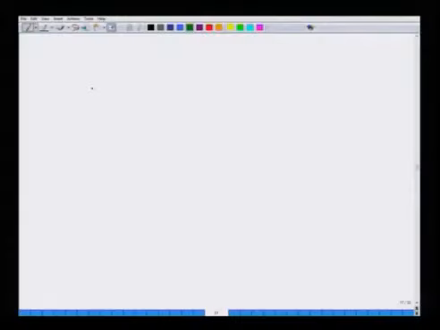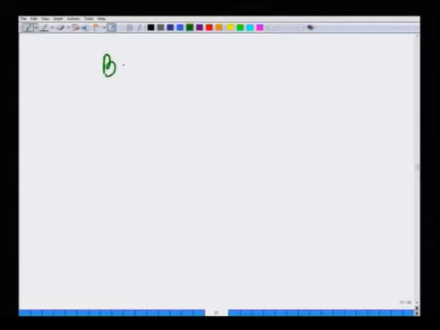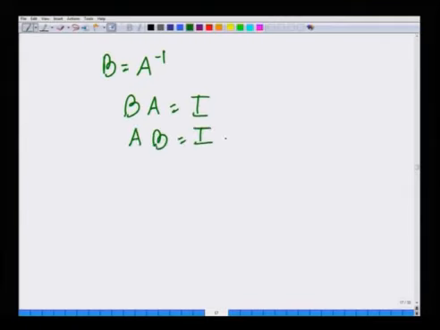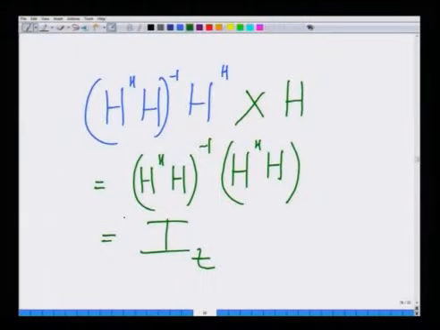First, this is a left inverse, not an inverse of a matrix. Remember, if B equals A inverse, then BA equals identity and AB equals identity, that is, I can multiply B both on the left and the right. That is the technical definition of an inverse. However, the pseudo inverse, which is H dagger, H Hermitian H inverse H Hermitian, is only a left inverse. If you try it out, you cannot multiply it on the right, and this will not work. So, it is only a left inverse.